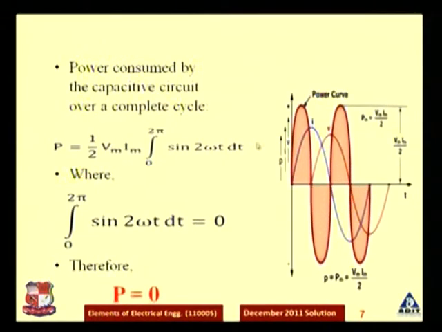Let us see this with the waveform. In the waveform you can see the voltage waveform, current waveform and power waveform. Obviously it can be seen that the current is leading compared to the voltage, because the current starts from the 0 position at time t equal to 0, while the voltage waveform starts after a pi duration. So the phase difference between these two is 90 degrees.